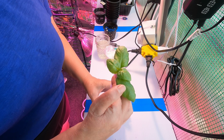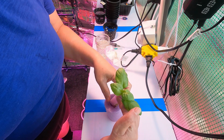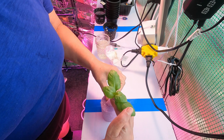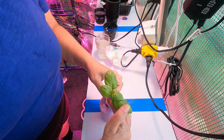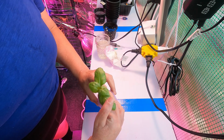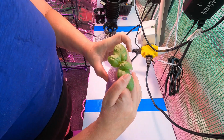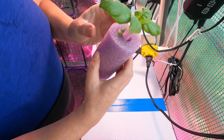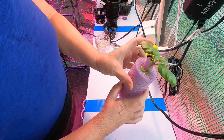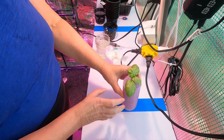There, come on. And the roots are going to be a little squished, but I think you'll be okay. Get in there. Go on, go on. There we go. I don't know, I think I'll probably need a thicker cut of